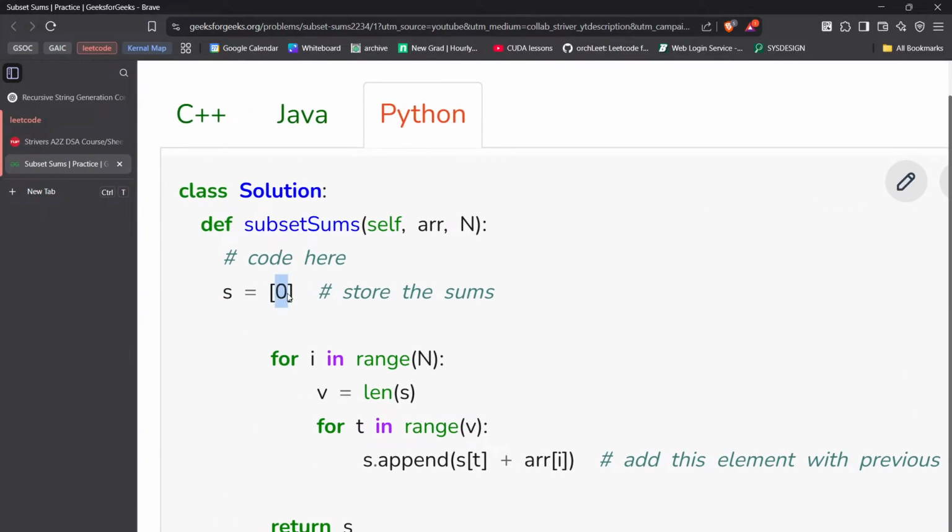S is equal to 0. For i in range n, v is equal to the length of s. Who is s? All the subsets generated till a particular index. Is that the thing going on here? So initially, without having anything, I'll have 1. Okay, for t in range v, s dot append s of